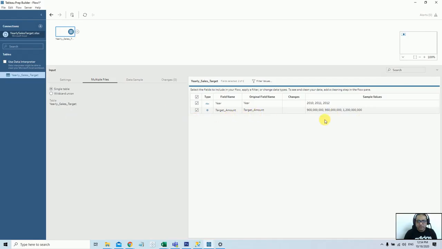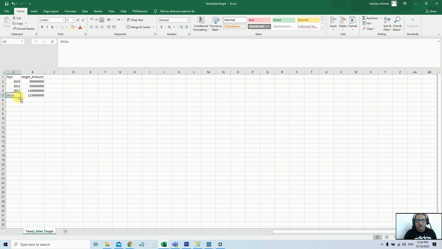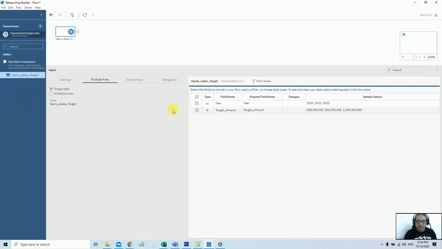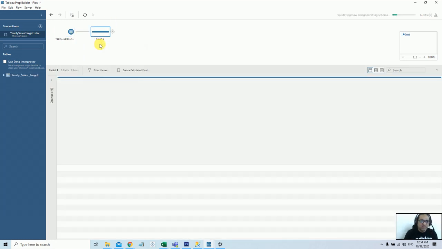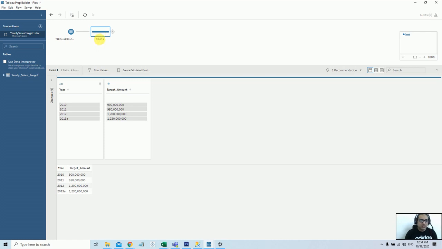If you see, we get the data, but it's not showing 2013. It's not showing 2013 because 2013 already has an error, or it's not matching with the other data type. So that's why it discarded it. How to fix this? To fix it, we can add a cleanup step. As soon as you add a cleanup step, you can see the data cleaning step, and then it shows all the data. As soon as you connect your data source, it discarded it, but this step is very important here to get all the information. And you see how quickly we need to fix it.